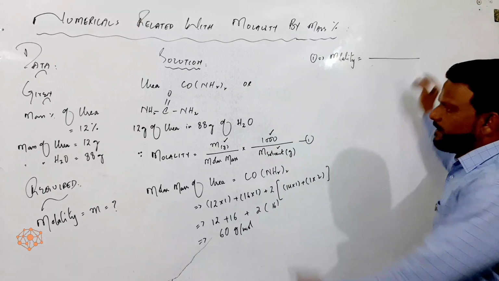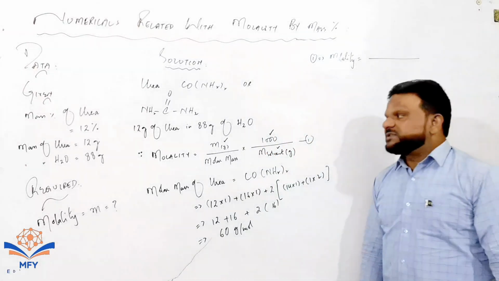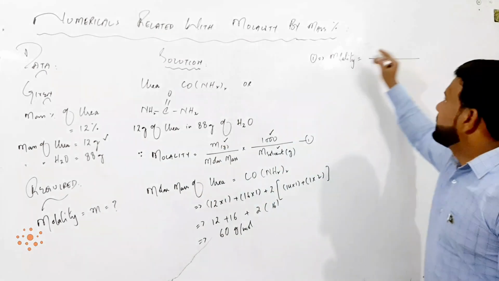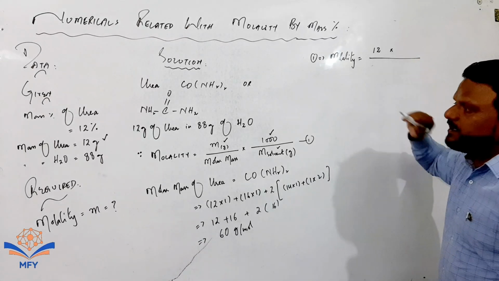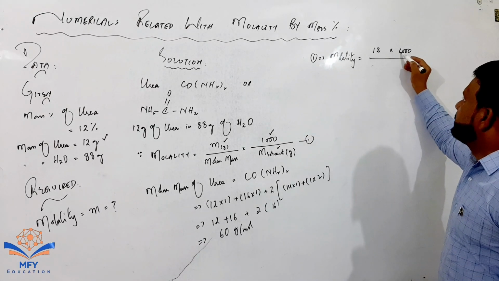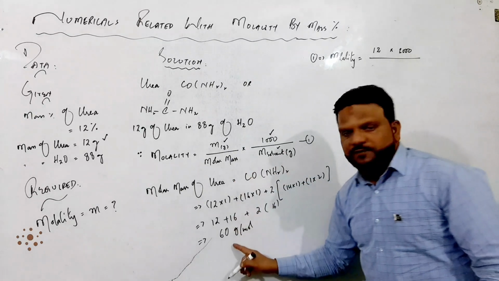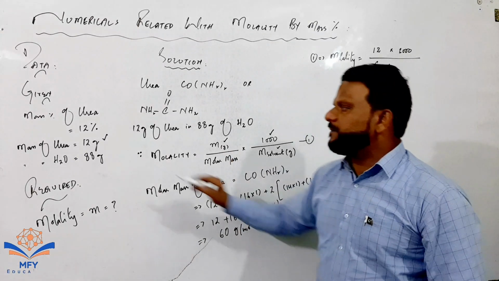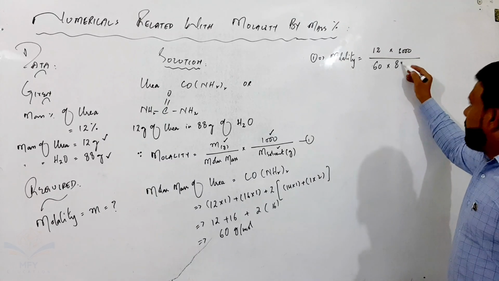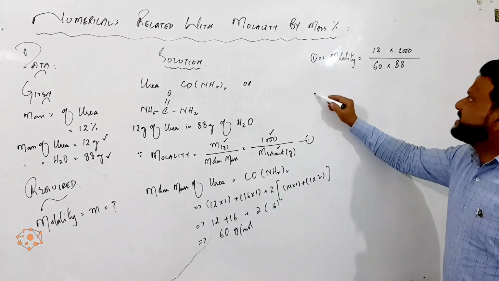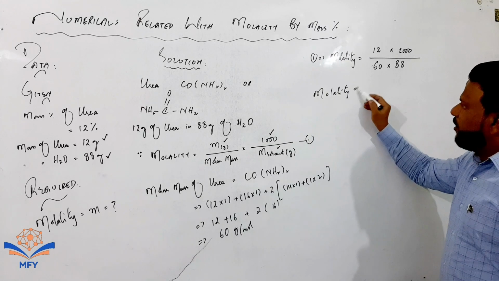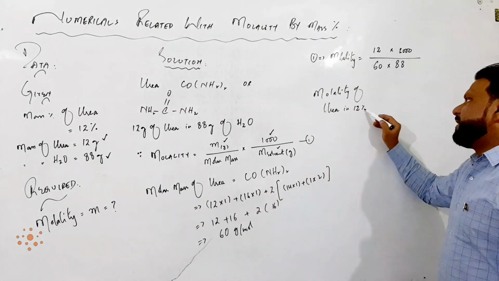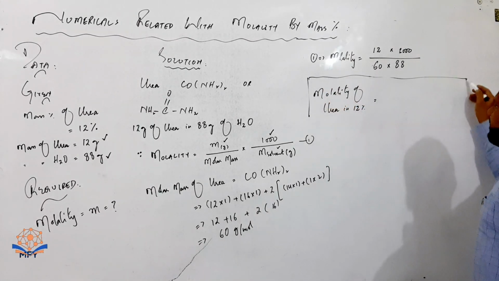Now equation number 1 gives molality. Molality becomes the mass of solute, which we have calculated from the mass percent, equal to 12 grams. Now put the mass of solute, 12 grams, multiply by the constant value 1000, divided by the molar mass of urea, 60, and the mass of solvent, that is water, 88, which is also calculated from the mass percent. Hence the molality of urea in the 12% solution becomes